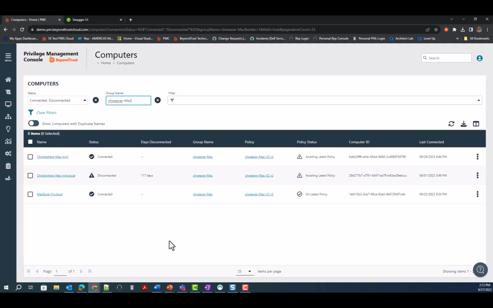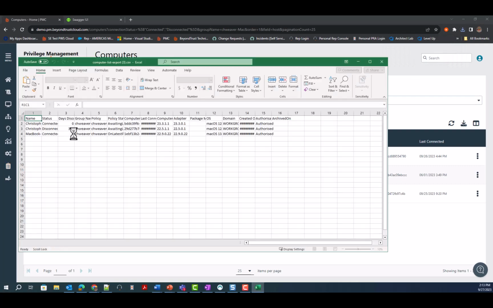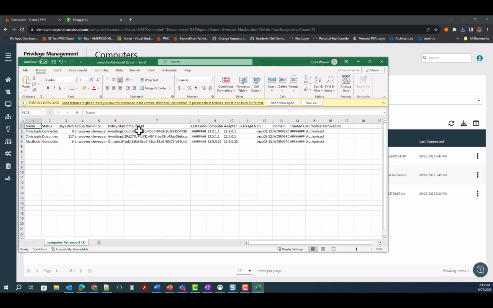So I've got 3 here in the list. I'm going to go ahead and download this to a CSV file, and if I open this up and show you here, mind you, I could have just grabbed it straight from the browser, but it's nice to be able to have this. So I have these 3 IDs, and what I'm going to do is